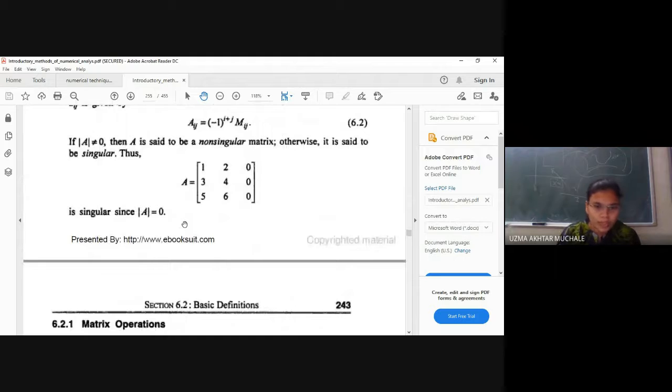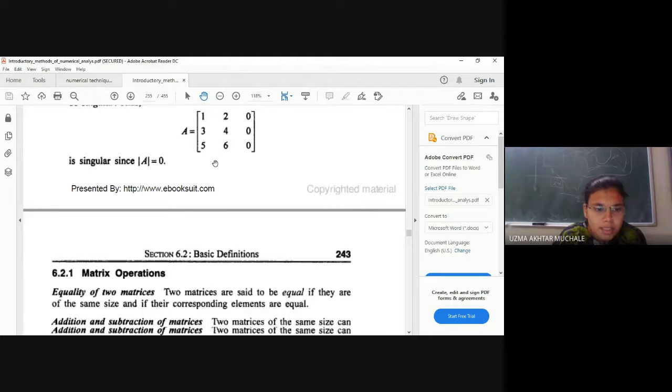And how to find the determinant of a matrix, you already know. Now here you can say the determinant of this matrix will be zero, because if at least one row is zero, you can say that the matrix will have a determinant value equal to zero. Because if you want to find the determinant value, you can expand this determinant using these 0, 0, 0, 0 and 0. So we are getting the value of the determinant as 0.